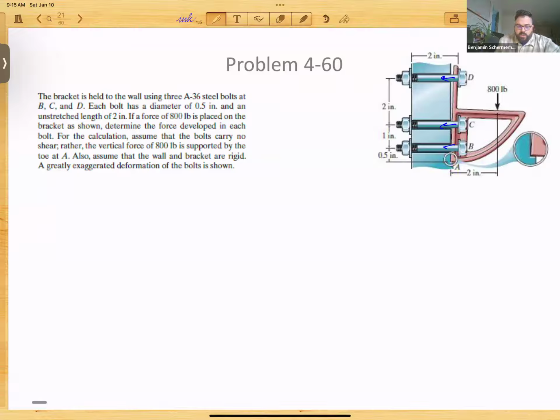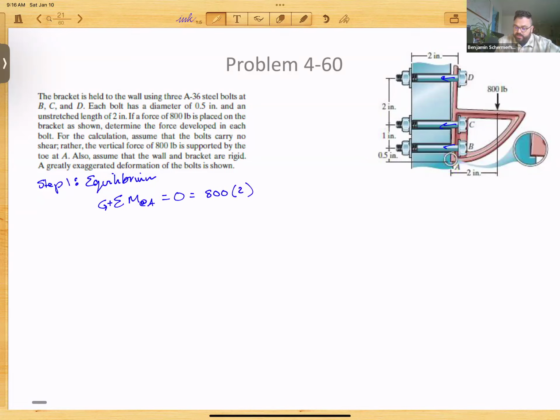All right, so step one, we're just going to take a look at equilibrium here, assuming we have these three forces in these bolts that I sketched out already. We're going to have this 800-pound force at 2 inches, so we're going to do a moment about A here. That makes sense, right? That's our point down here at the bottom, our pivot point, so we can use that for our moment. We have 800